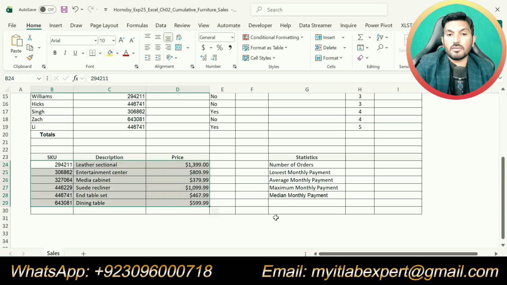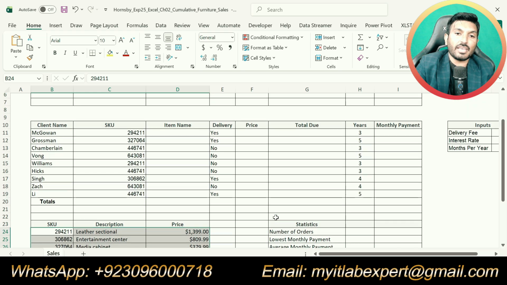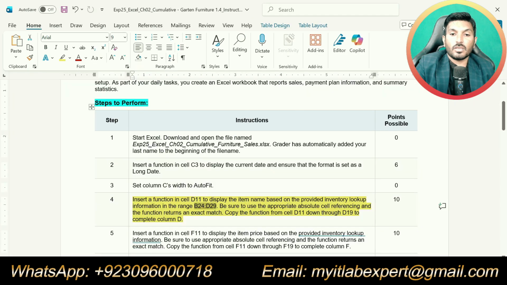This table has the lookup information, so we can call it the lookup array as well. Be sure to use the appropriate absolute cell references and the function should return an exact match. Copy the function from cell D11 down through D19 to complete column D.